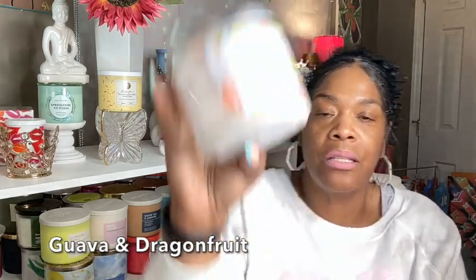This is a $5 candle, so I don't expect it to blow me out of a large size bedroom or any large size space, or really even any small size space for that matter. But it was worth it. Would I purchase another one? I need to go to Aldi's and get more fruit. If I see it, I probably will pick up another one, but I would definitely burn it in a smaller